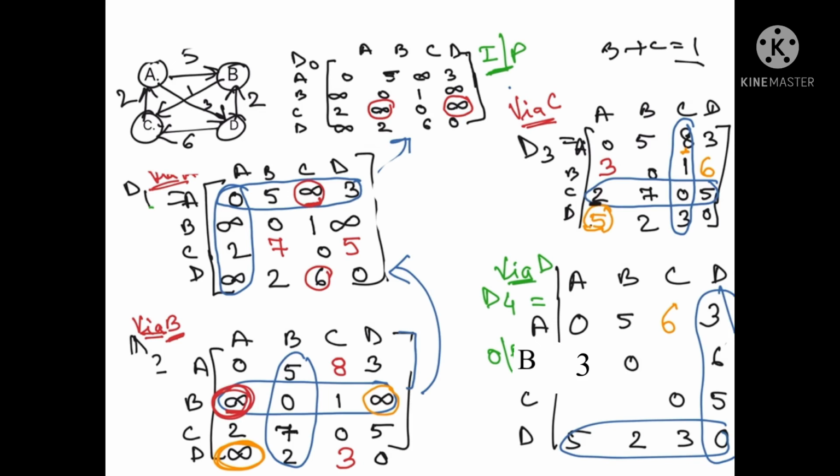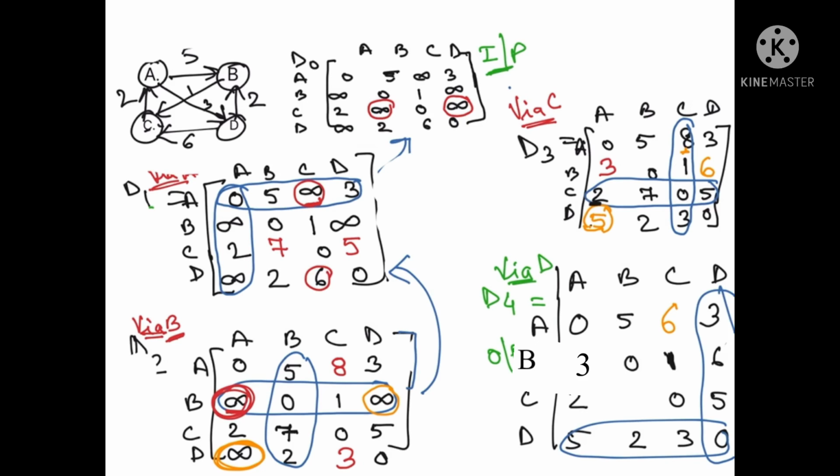Okay, so the next value which will change over here is this 1. I will make it with a different color. See, this is 1, so this remains the same. Now we will go C to A. C to A is 2 only, because I don't think anything will be smaller than this.